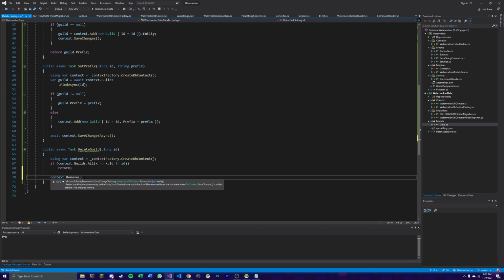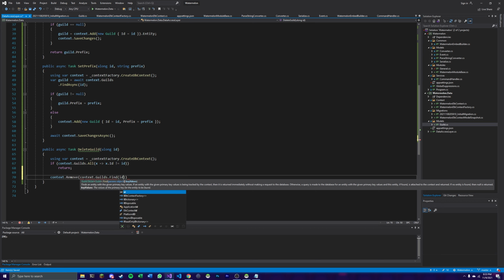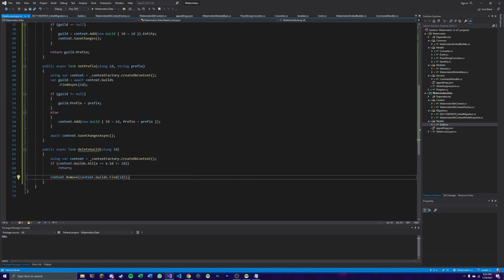context.remove and then context.guilds.find and then the ID of the guild like this. And finally, we'll say await context.SaveChangesAsync. Now, a different way of doing this could be to say, okay, first search this guild like